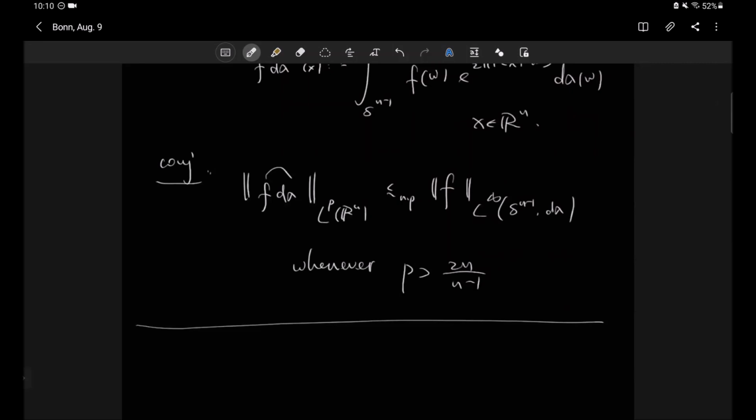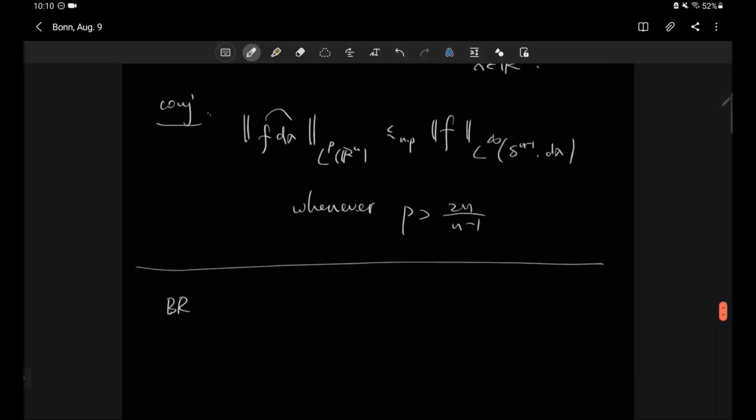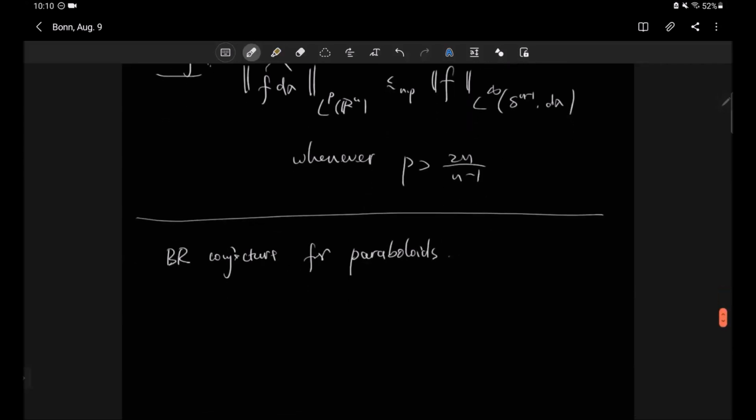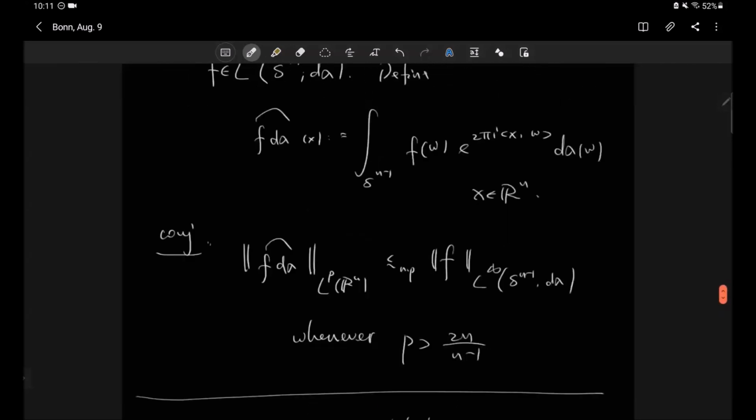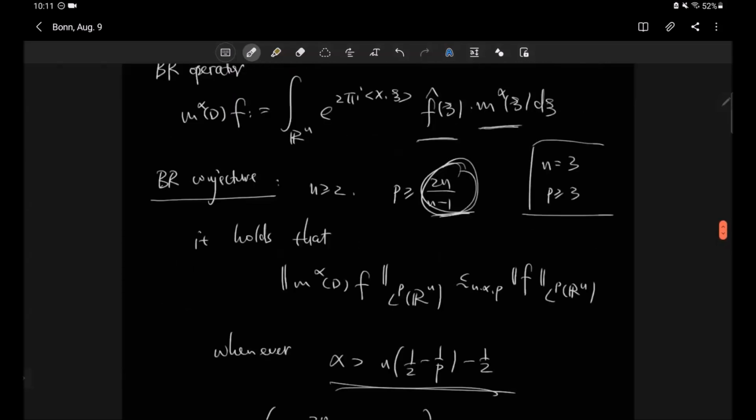These two conjectures have related problems: the Bochner-Riesz problem, or Bochner-Riesz conjecture, for paraboloids, and also the restriction conjecture for paraboloids. So what are they? The Bochner-Riesz conjecture is that in the Bochner-Riesz multiplier,